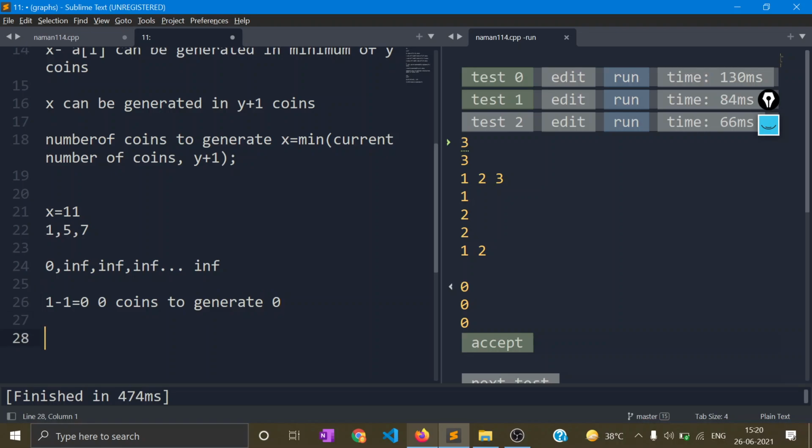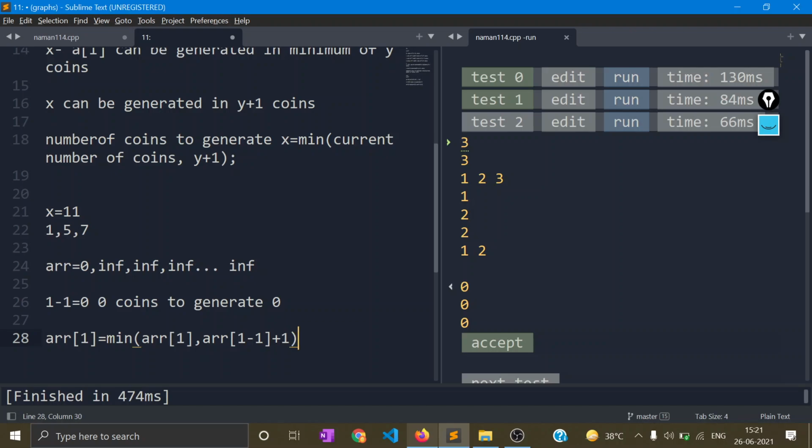So our answer for the first index, suppose this array is ARR, would be ARR 1 equal to ARR 1 minus 1 plus 1, the minimum condition, ARR 1 comma